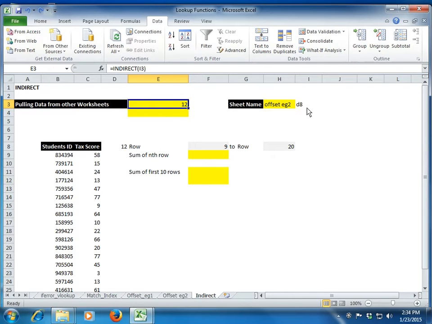I can also use it for picking up data from other sheets. Let's say I want to pull a certain cell value from the sheet named offset underscore example 1. So this is the sheet I'm talking about. Let's see how we do that. We start with an indirect function. It says reference text. So my reference text will be